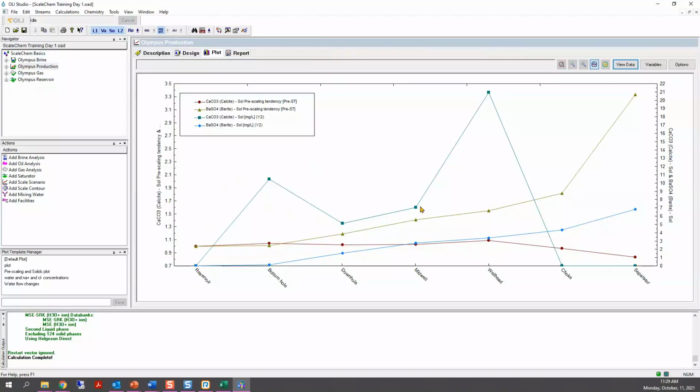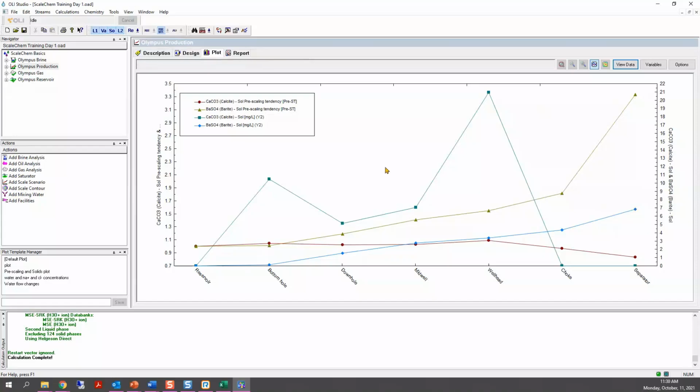For calcite, we'll have at the wellhead 21 milligrams per liter precipitating out. For barite, it will be this blue one here: 6.86 milligrams per liter at the separator will be the maximum solid precipitation.